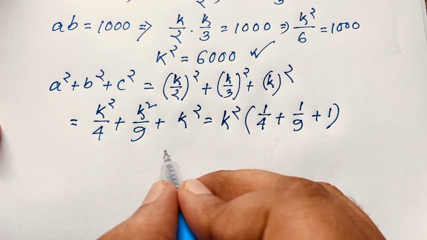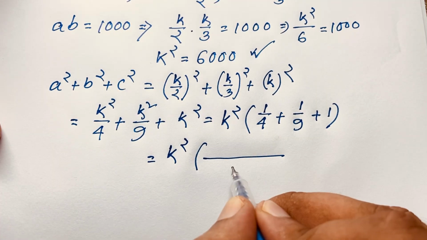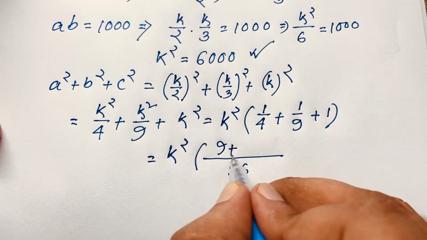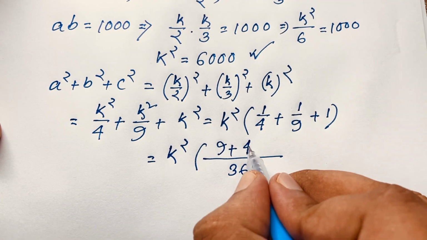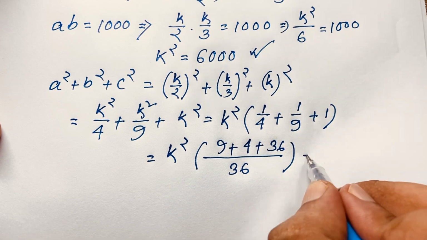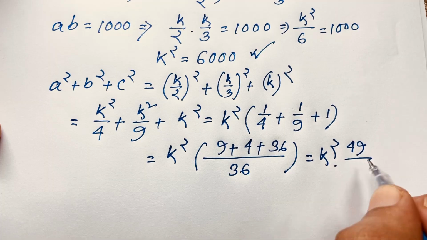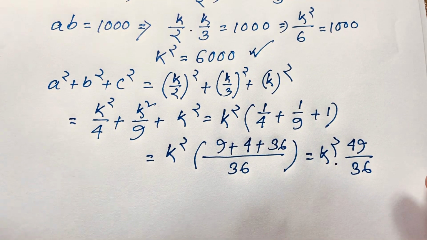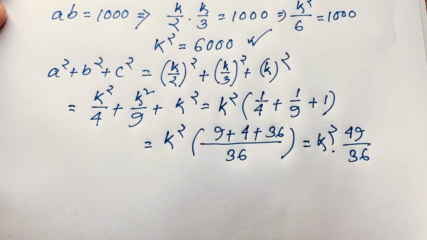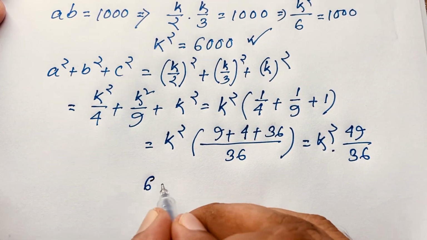Now here K square times, and the least common multiple is 36, and this divided by this will be 9, this divided by this will be 4, and this divided by this will be 36. Now we find out K square times 49 over 36. It's okay, but recall or remember that K square is equal to 6,000. So I put this value here, so it will be 6,000